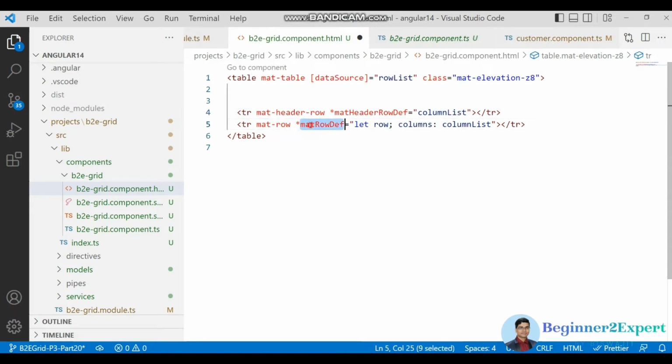Okay, and this definition directive, the structural directive, actually helps us know the column list, the columns or headers that would be there, and for each row it will repeat, like when we use *ngFor let row of the array. A similar way it will work. Okay, now